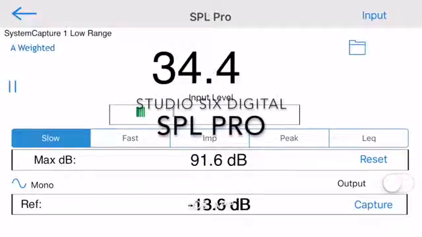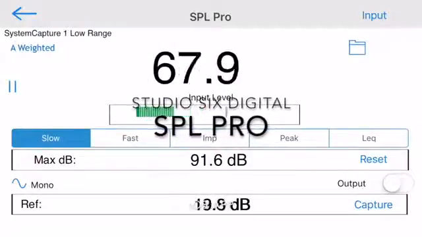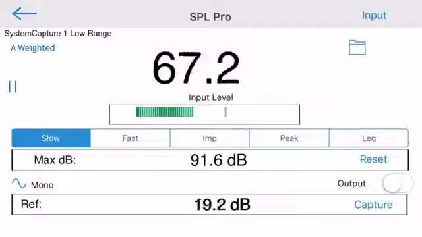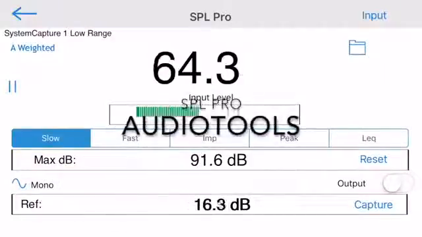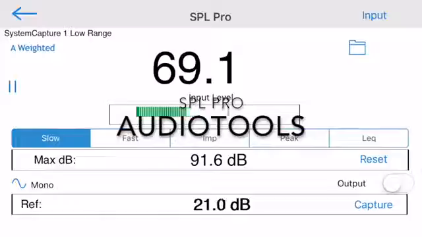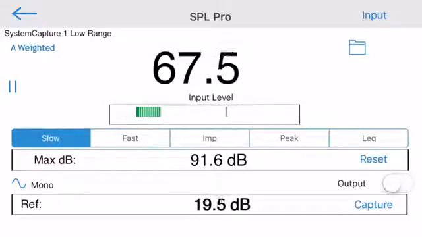This is a demonstration of the SPL Pro iOS app from Studio 6 Digital. SPL Pro runs on all iOS, iPhone, and iPad devices in both landscape and portrait modes. SPL Pro is available as an in-app purchase in the Audio Tools app, or it is available as a standalone